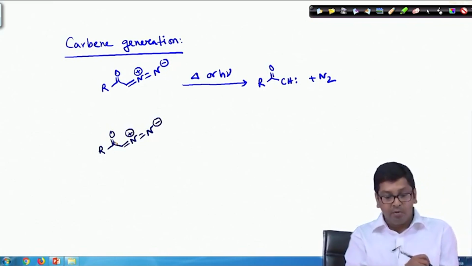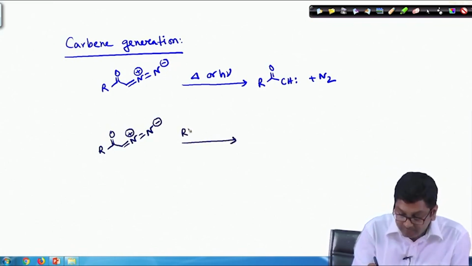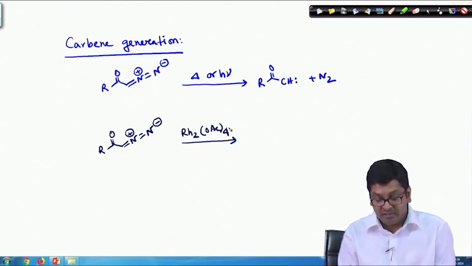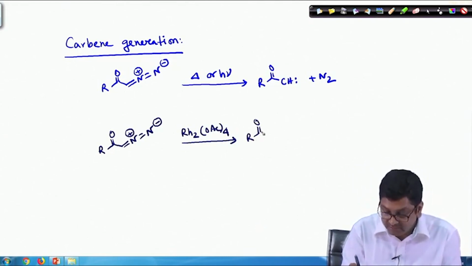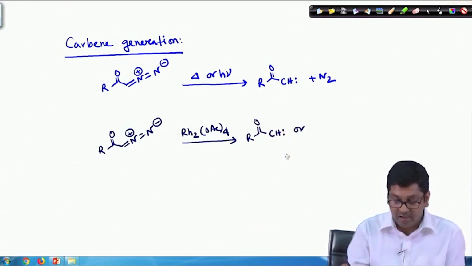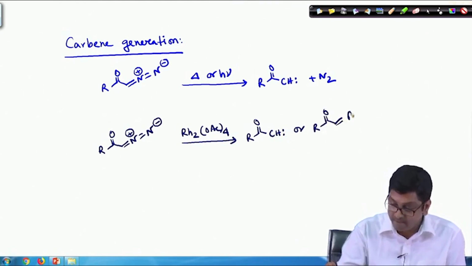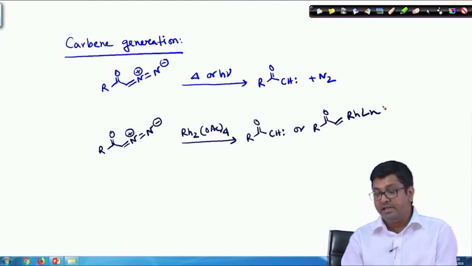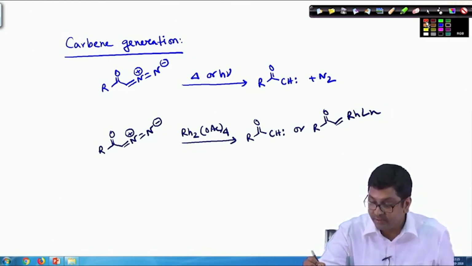As per example, we have this diazocarbonyl compound, and in presence of this rhodium 2 complex, it generates these carbenes, or rather it stays like this, where L equals ligand. This is actually not rather called carbenes, but